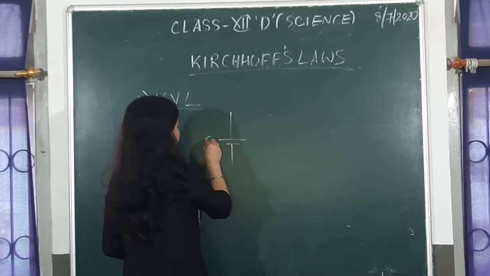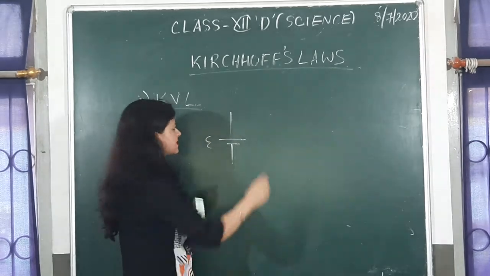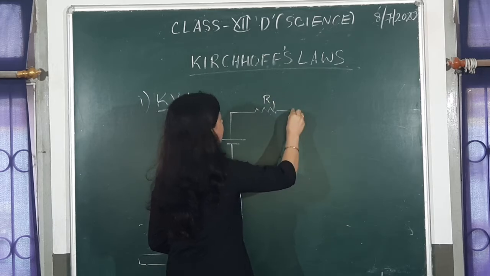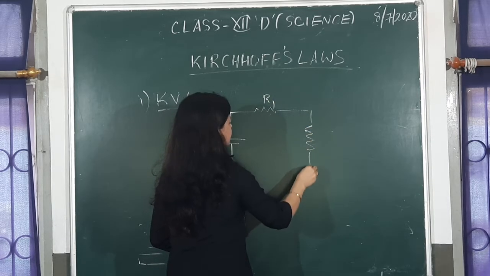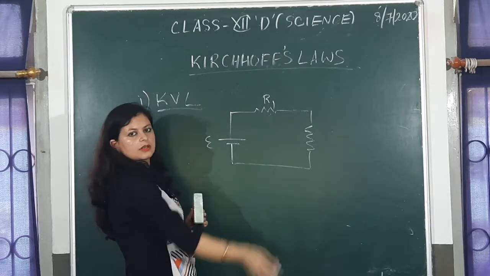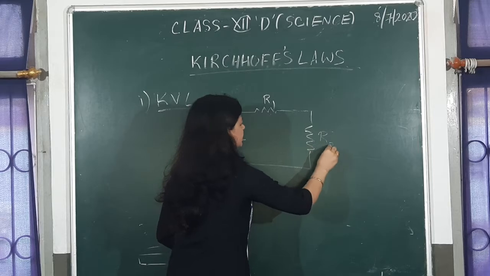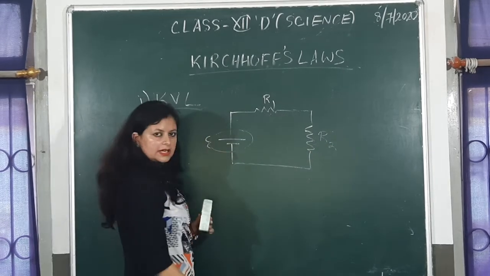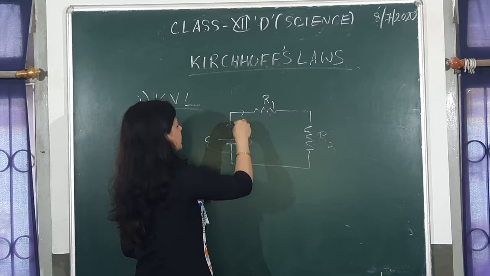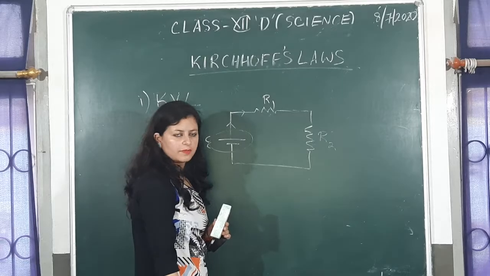With EMF equal to epsilon, this becomes one of the potential drops. You have a resistance R1, you have one more resistance R2, comes back here. This is a loop, closed loop, alright. Now how many potential drops can you see here? One is this one, EMF of the cell. Now as the current is traveling here, though the current remains the same, but the potential gets dropped, alright.